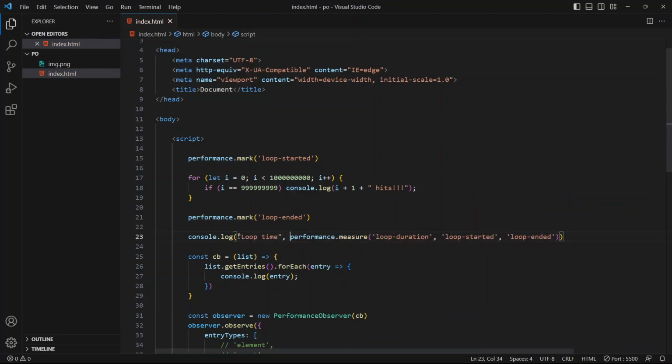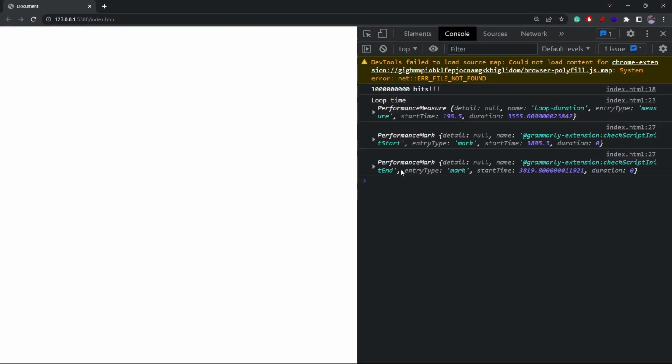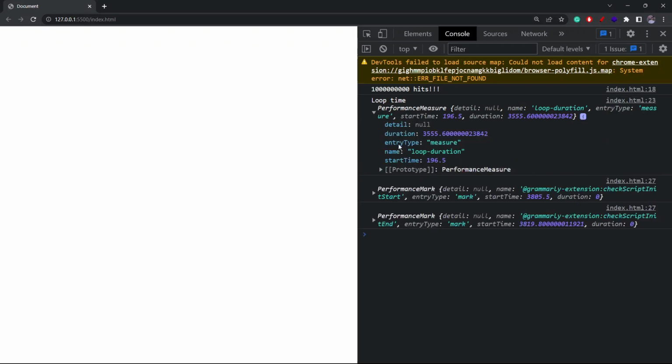Now if I save this and go back inside the browser, after a while, you'll be able to see the first console log, and here you can see the performance measure entry. There are also these two performance mark entries, but these are generated by the Grammarly extension that I have inside my browser. So you need not worry about these two entries. We'll take a look at the performance measure entry. And here you can see that the loop took about 3.5 seconds to run. The start time of the loop was 196 milliseconds. So yeah, you can use mark and measure entries to measure the time that a particular part of your application